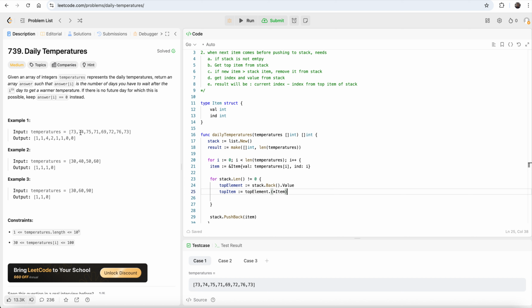So the new item is where we are here, and if this item is greater than the stack top item, this 73, we'll check the condition if this temperatures[i], that is in this case 74,